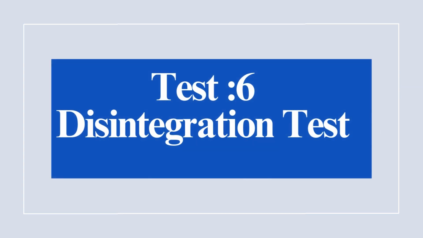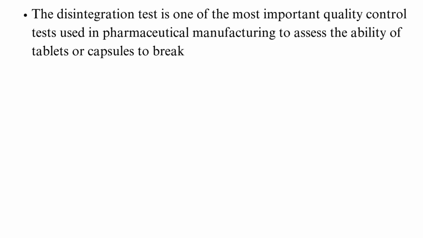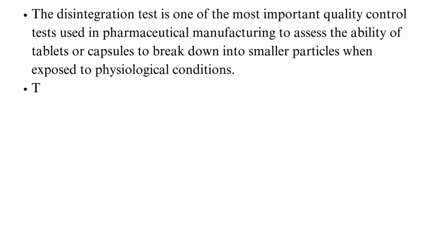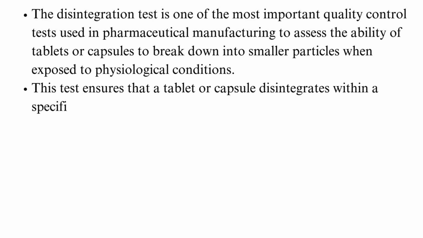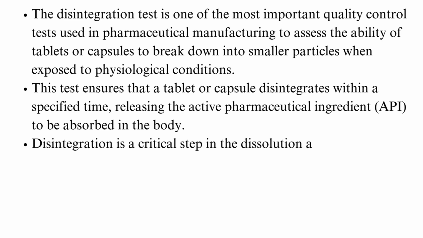Test 6. Disintegration test. The disintegration test is one of the most important quality control tests used in pharmaceutical manufacturing to assess the ability of tablets or capsules to break down into smaller particles when exposed to physiological conditions. This test ensures that a tablet or capsule disintegrates within a specified time, releasing the active pharmaceutical ingredient to be absorbed in the body. Disintegration is a critical step in the dissolution and absorption of a drug, and it directly